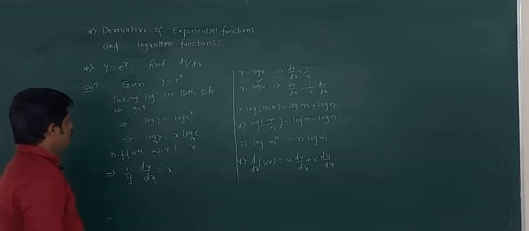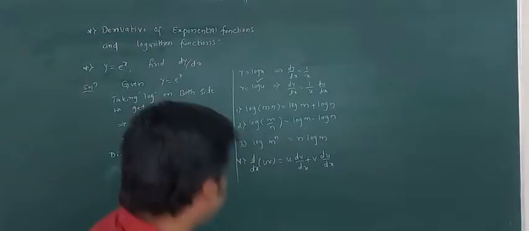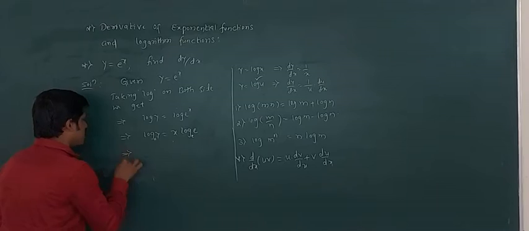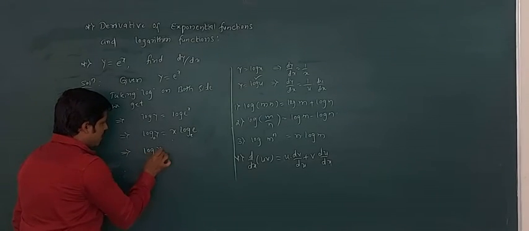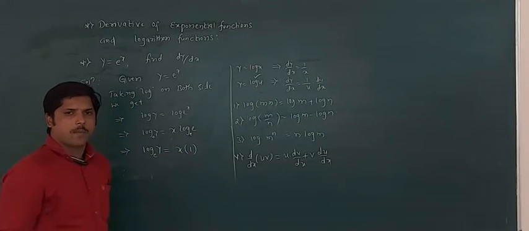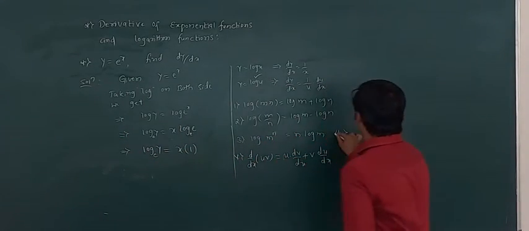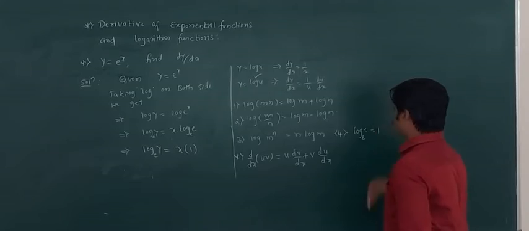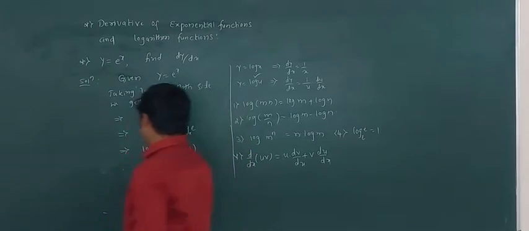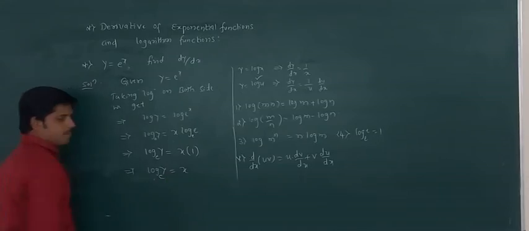Okay, so we'll do one thing. Before differentiating, we will substitute the value of log e to the base e. So here the LHS part is as it is, log y to the base e is equal to x into 1, because we know that log e to the base e is 1. This is also a fourth property, log e to the base e is equal to 1. By using this property we will substitute log e to the base e equal to 1. This implies log y to the base e equals x.